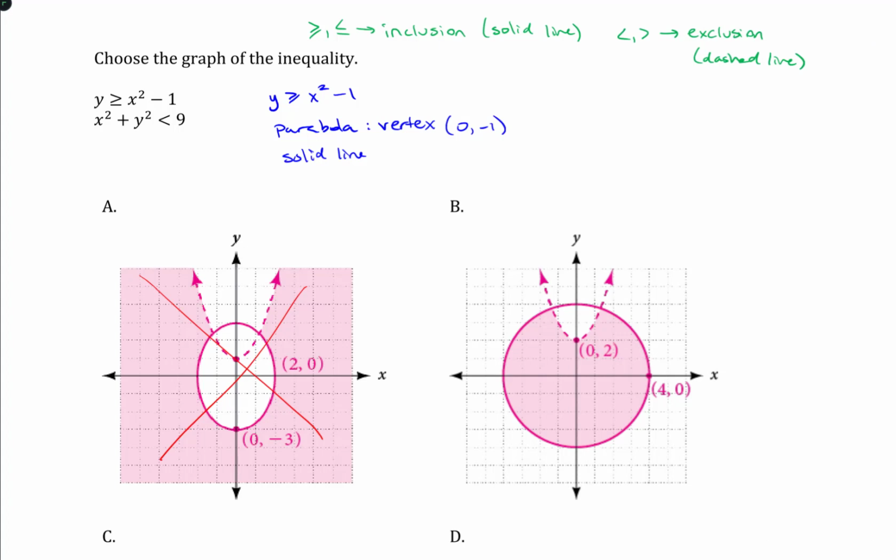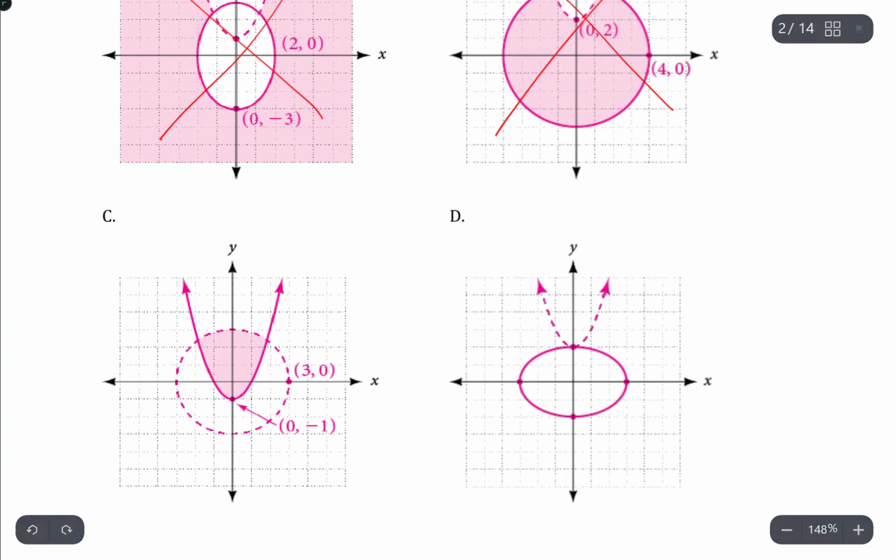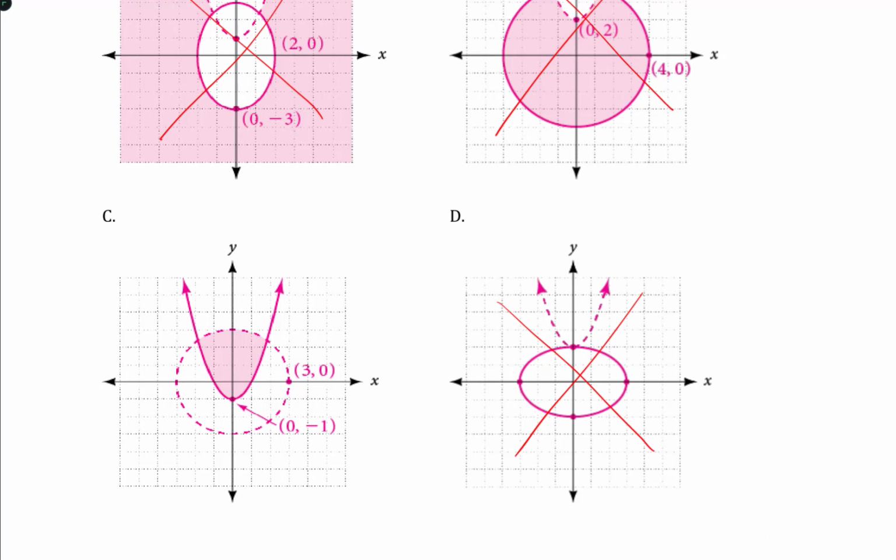This one has the parabola's vertex at 0, 2, so that can be ruled out. This is the only one with the parabola's vertex at 0, -1, so that one's fine. And we could certainly rule this one out because this one's at 0, 2. All right, so that leaves C to be the correct answer,